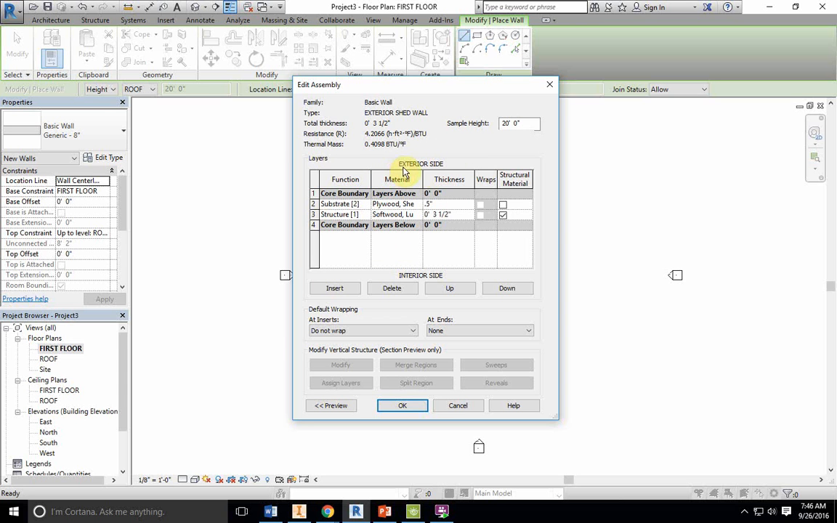Now, if we look here, here is our exterior side and our interior side of our wall. This goes on the exterior side, so it's on the right side. If it wasn't, I can move it down, I can move it up in the listing, but we want it outside of our core boundary, okay? This core boundary is going to be the framing of our house, and we don't want the plywood to get in the way of that. So we need it outside of this core boundary layer, above it, and the next thing we're going to do is